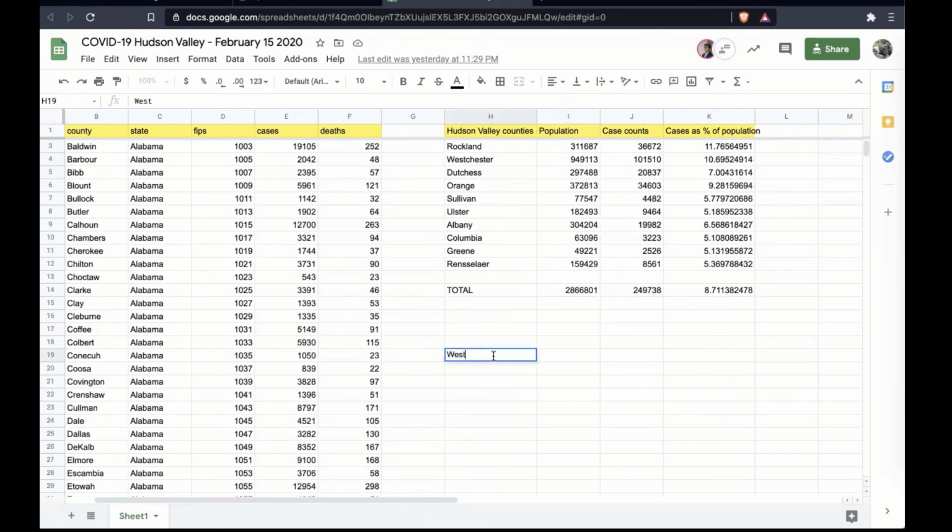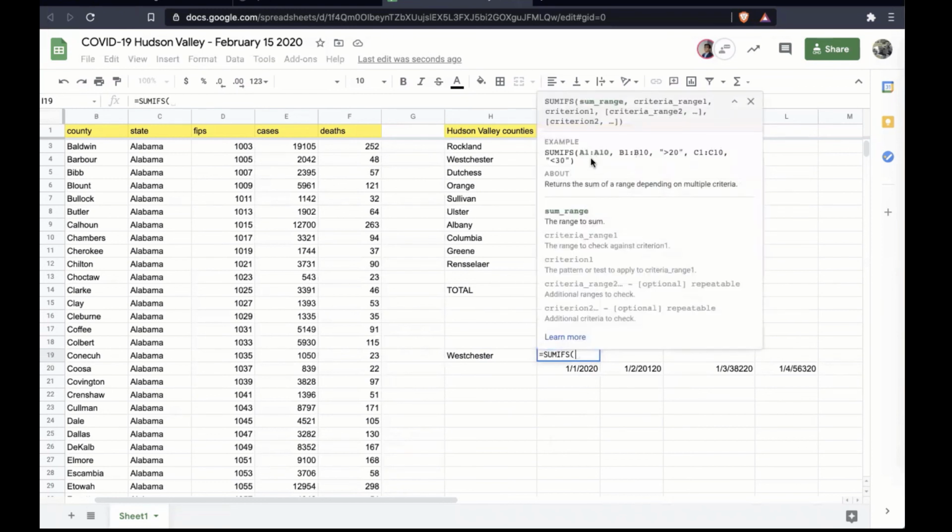be something like, put the county of interest down here, and put the dates that you're interested in. So let's say 1/1/2020, 1/2/2020, and just keep a row like that going along. And then in each cell right here, I could say, go into this case counts column, match any record that has the county name Westchester and the state name New York, but also has a date match to the date that's right down below. So I can do something like SUMIFS,